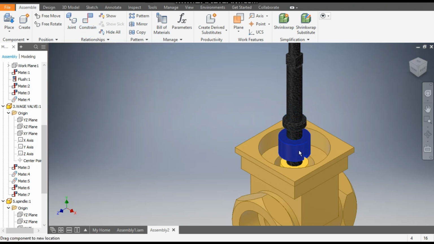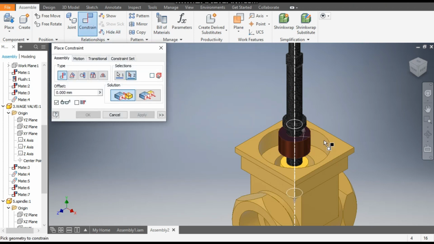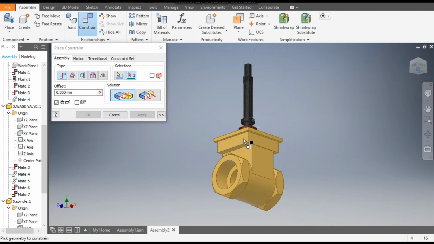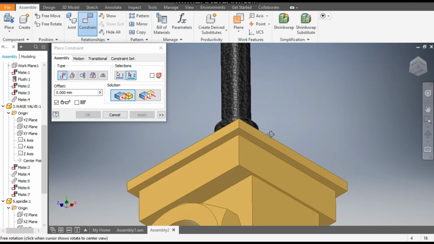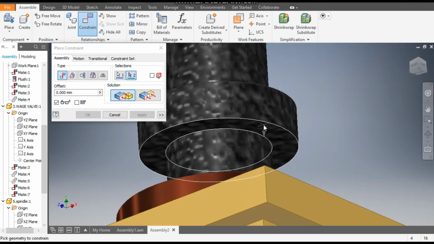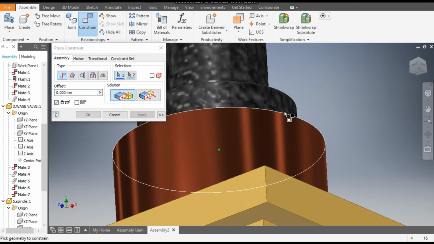Okay, now drag it here and go to constraint, select its top face, rotate and select here the spindle's this face and apply. Okay,